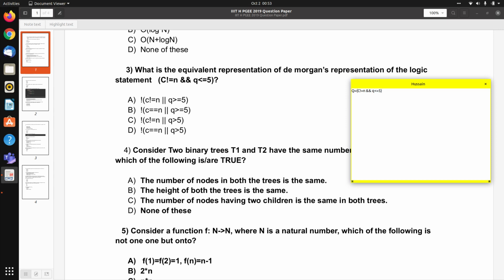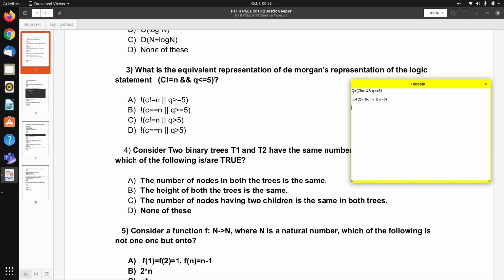So what we can simply do is negate it: not of (C equal to n) or q greater than 5. So in this case the correct answer would be D, not of C equal to n or q greater than 5.